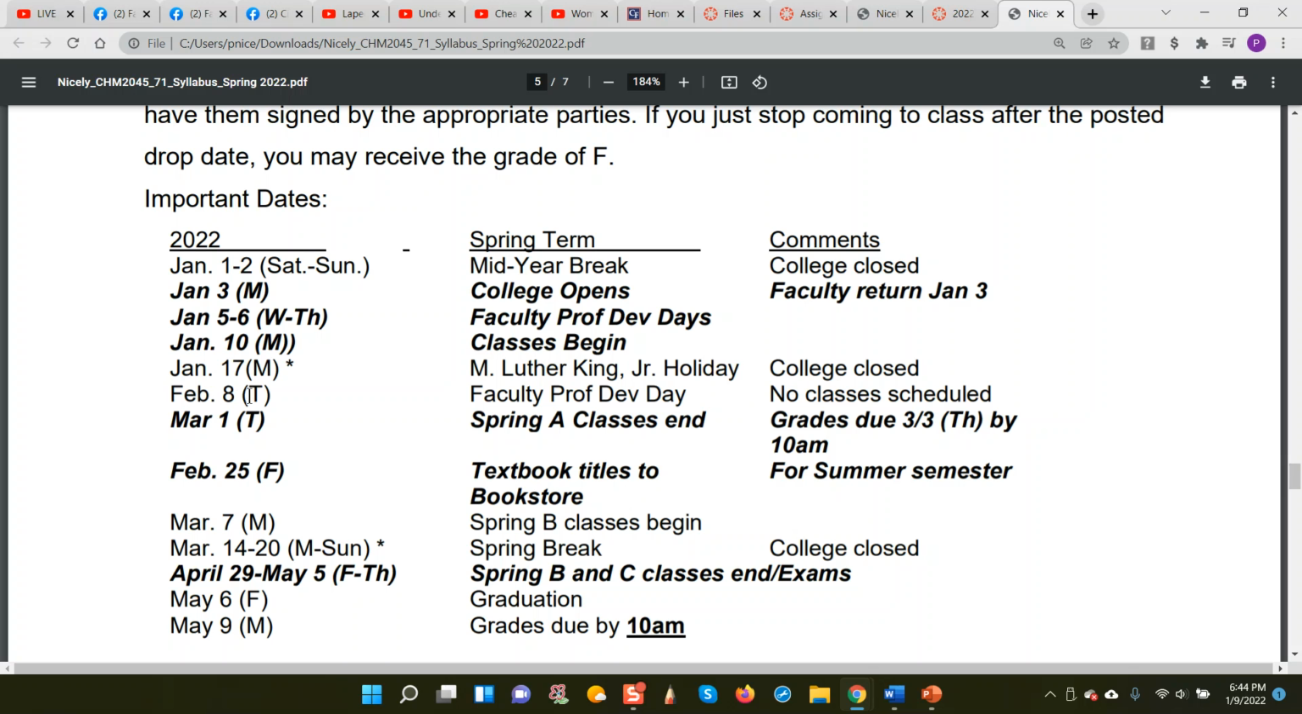February 8th is Faculty Professional Development Day, so there'll be no classes. If you have any classes scheduled on that day, then there are no classes on that day at all. And then there's spring break. And I think that's it as far as days when there'll be no classes, all right? So make sure that you make note of those dates, all right? Okay,